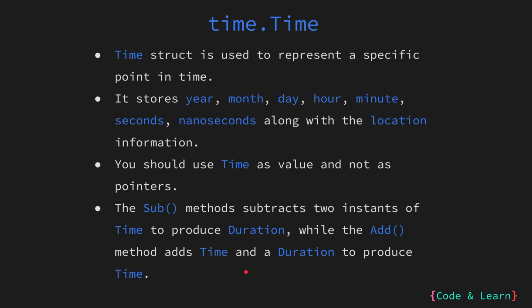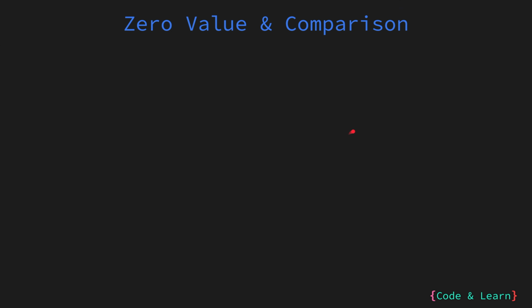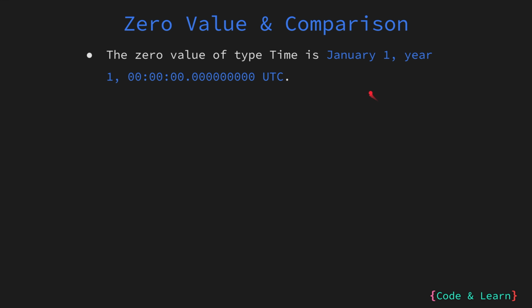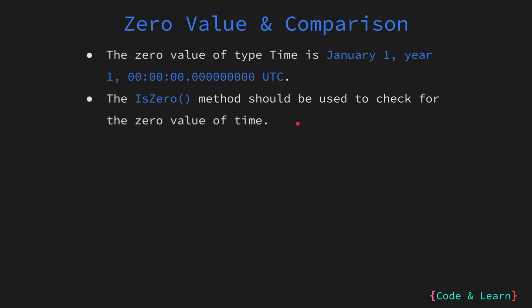The Add method, on the other hand, adds a time and a duration, producing a time instance. Few more things to note before we move on to the example. The zero value of time is January 1st, year 1, and all zeros. A time like this is unlikely to come up in practice, but you can have zero values for time. The IsZero method gives a simple way of detecting that time has not been initialized explicitly or it holds the